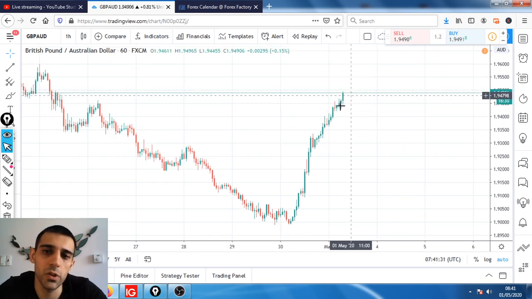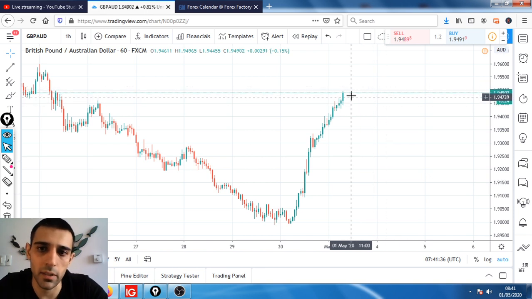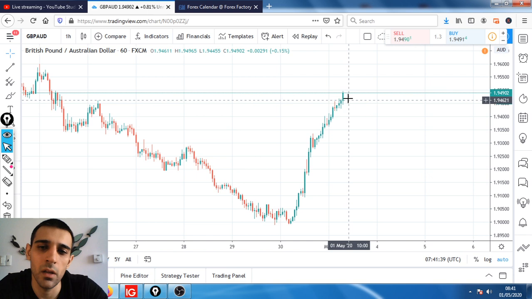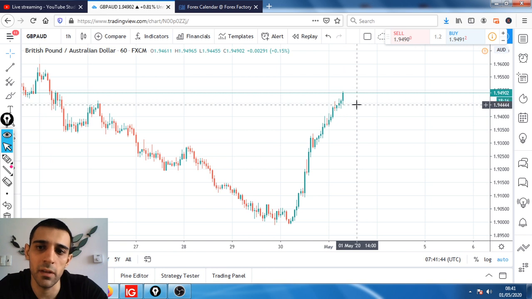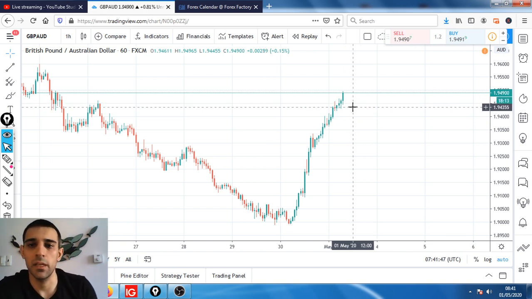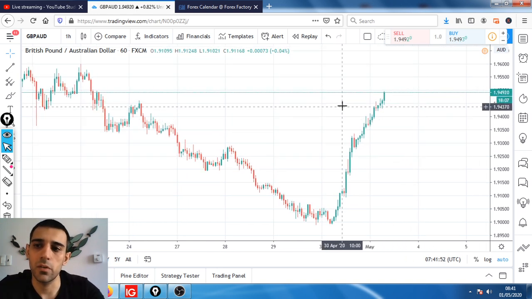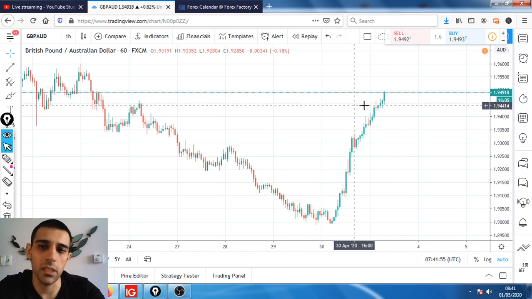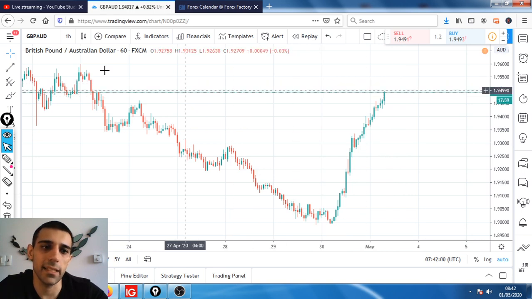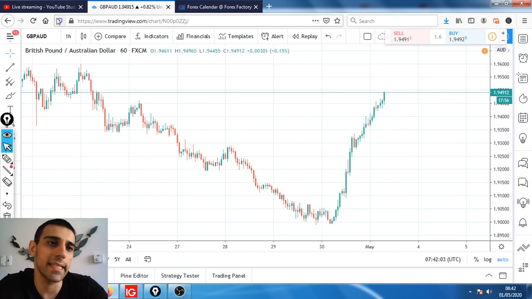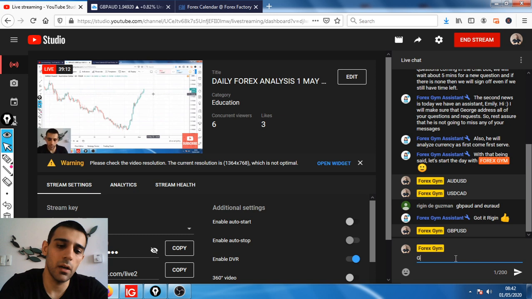So make sure to wait for this hourly candle to close before committing to the trade, because if it comes down and closes as an inverted hammer or doji, the price might want to retrace even further than 94.50. That's the reason why. But if it closes something like this one, it's pretty justifiable to get into that 94.50 zone, with a 35 pip stop loss, and the target is going to be at 95.60. We're going to take the target on the 4-hourly time frame. So that was the GBPAUD.